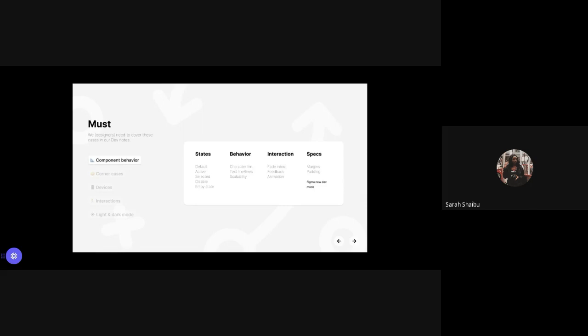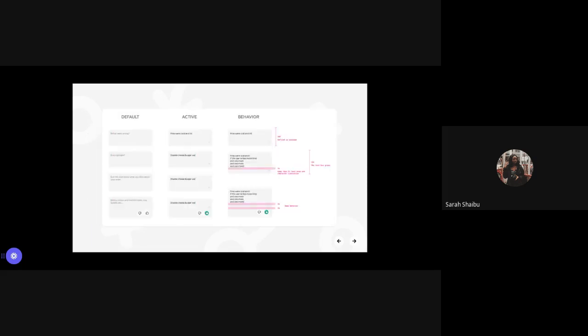Are there any animations? Before, there used to be specs where I used to highlight the margin space and padding space. But thanks to Figma's new dev mode, we don't need to do that manually by ourselves anymore. And this is an example of what I mean when, in my handover file, I use a component and I show the developer the different states.